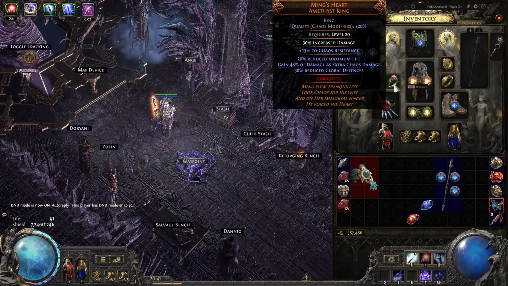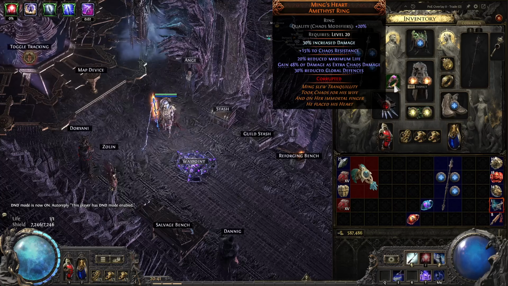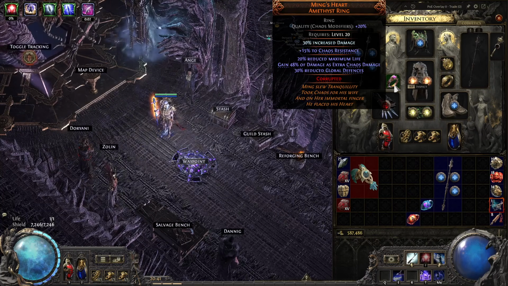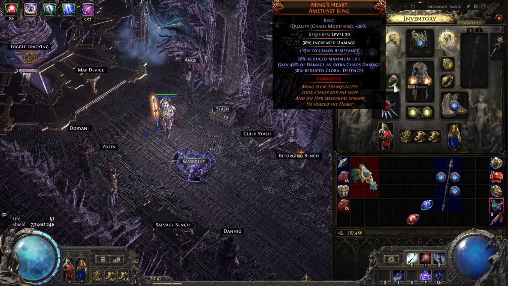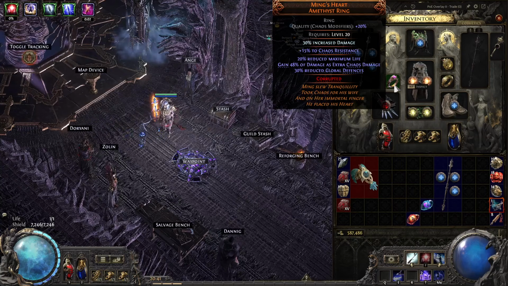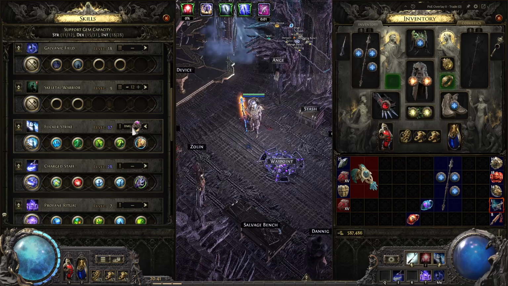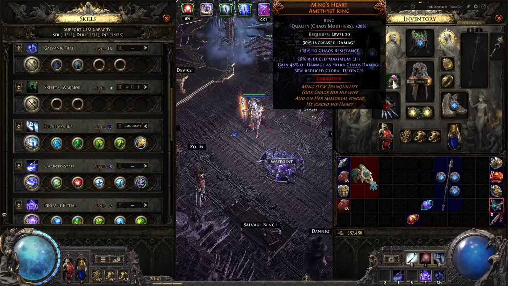Next is a really important part of the build, Ming's Heart. You can get a 48% damage as extra, or just a 40% that hasn't been qualitied for literally like 1 chaos. So this is the easiest thing to pick up and is also huge for your damage. If I take this Ming's out, I lose 100k damage. 114k. I know that I have increased damage on here as well, but Ming's is just huge amounts of chaos